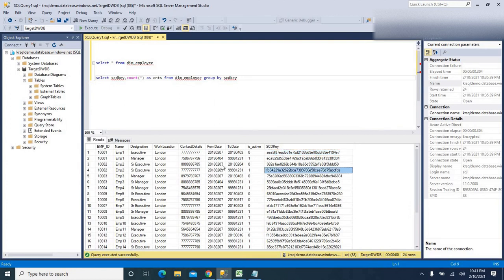The other way is, while loading the fact table itself, we can look up into this dimension table and have this SCD key loaded into the fact table. So directly, without generating it separately, we can just look up into this table and have this dimension key populated into the fact table. Now I'm going to show the second way, how we look up into this table and how the SCD key is populated into the fact table, which helps us join those two tables.